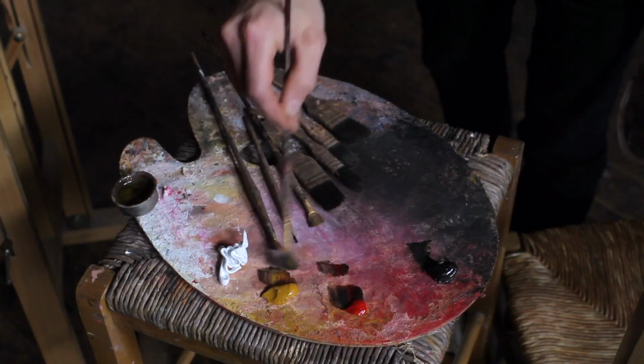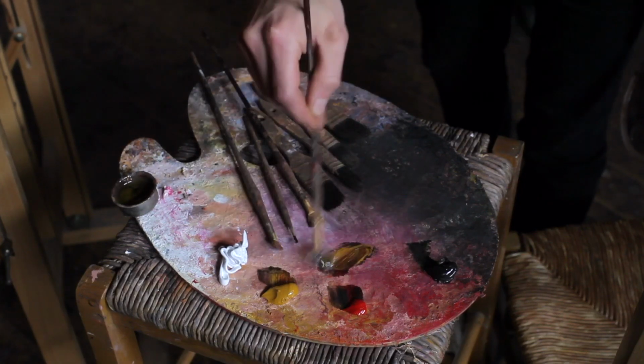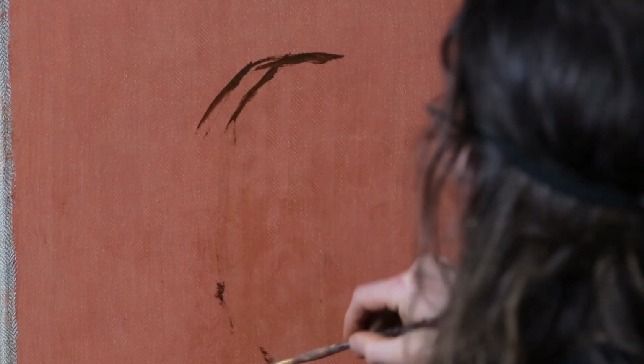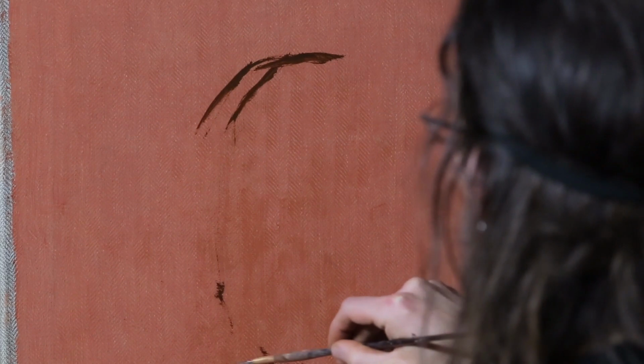So this is what's the canvas called again? That fishbone, herringbone canvas. Have you painted on that before? Oh yes. It's very nice, and